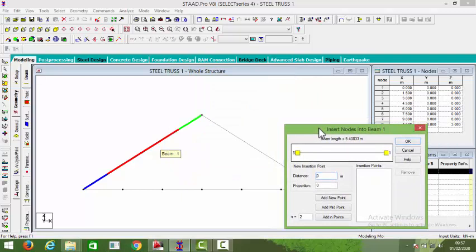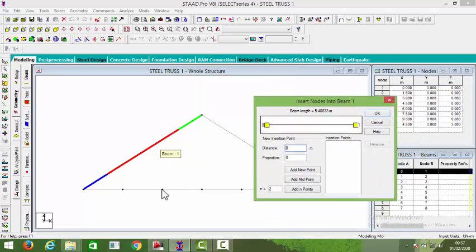Let me look at this. All right, we are going to insert 2 nodes corresponding to these nodes at the bottom rafter. So our n will be 2. If we were inserting 3 or 4 or 5 nodes, our n here would have been 3 or 4 or 5. Then of course our distance will be 1.5, because these bottom nodes are at 1.5 from each other. So you type in the distance of 1.5